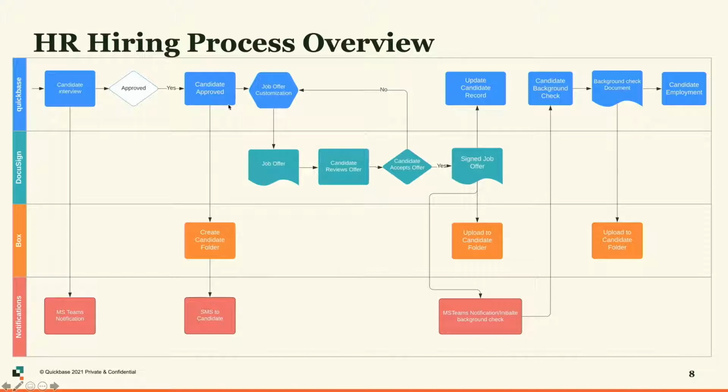start a process of job offer customization, pulling out fields from Quickbase from the record of the candidate and filling out a template in DocuSign till it's being signed, first approved and then signed by the candidate. By the way, this workflow you could see in more details in another quick hit about document management automation. Having the signed job offer, we are again storing the file in the folder in Box